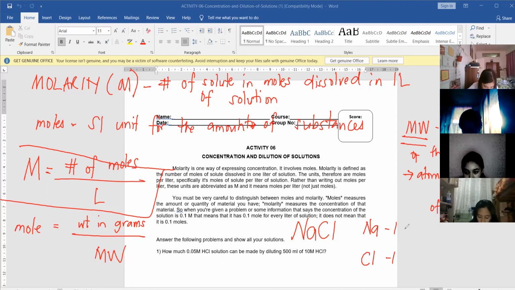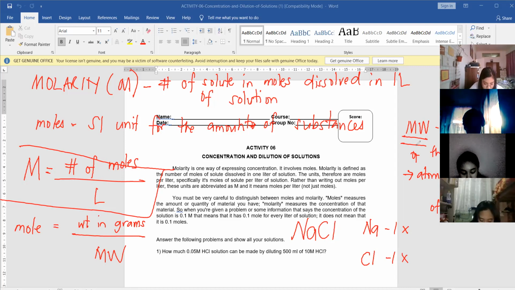After that, you multiply it sa kanilang atomic mass. Other names sa atomic mass, atomic weight or mass number. So saan nyo siya makikita? Siyempre sa periodic table. That is why before we started, I asked you to prepare your periodic table